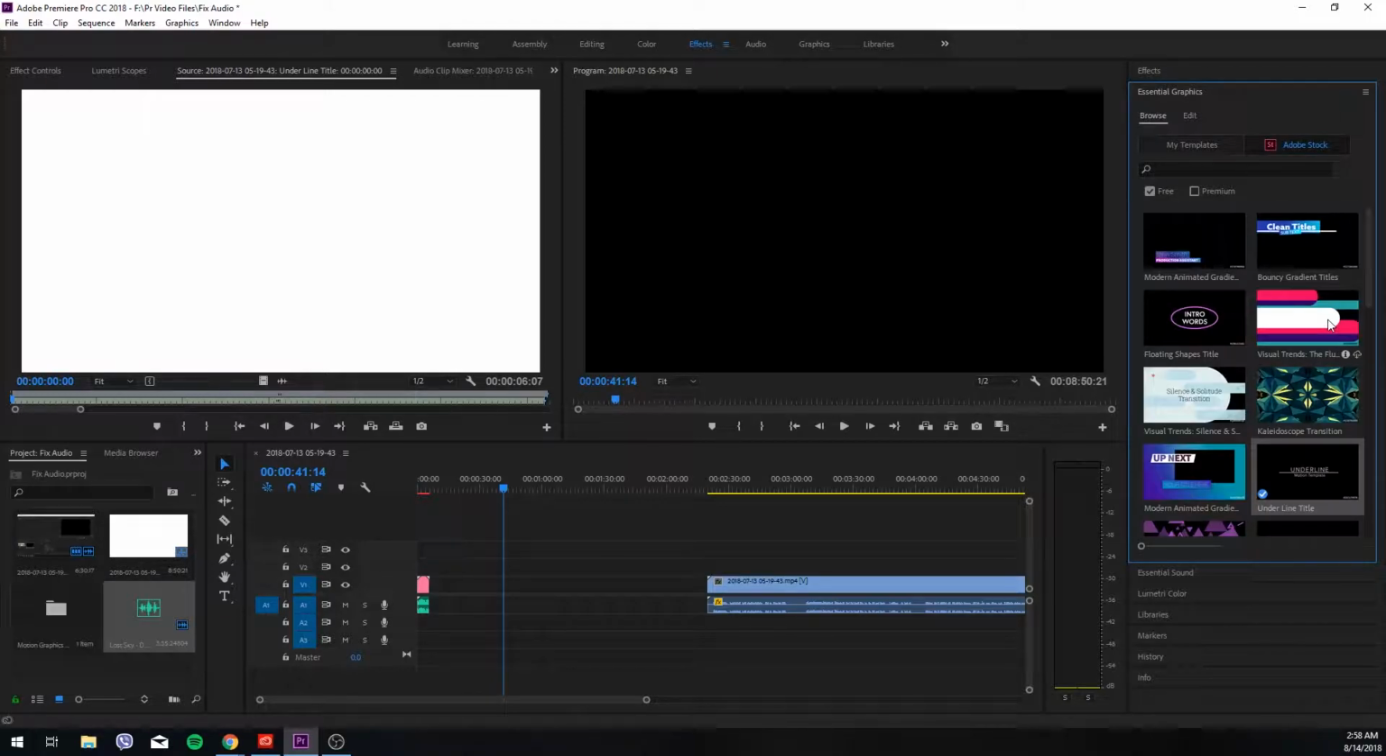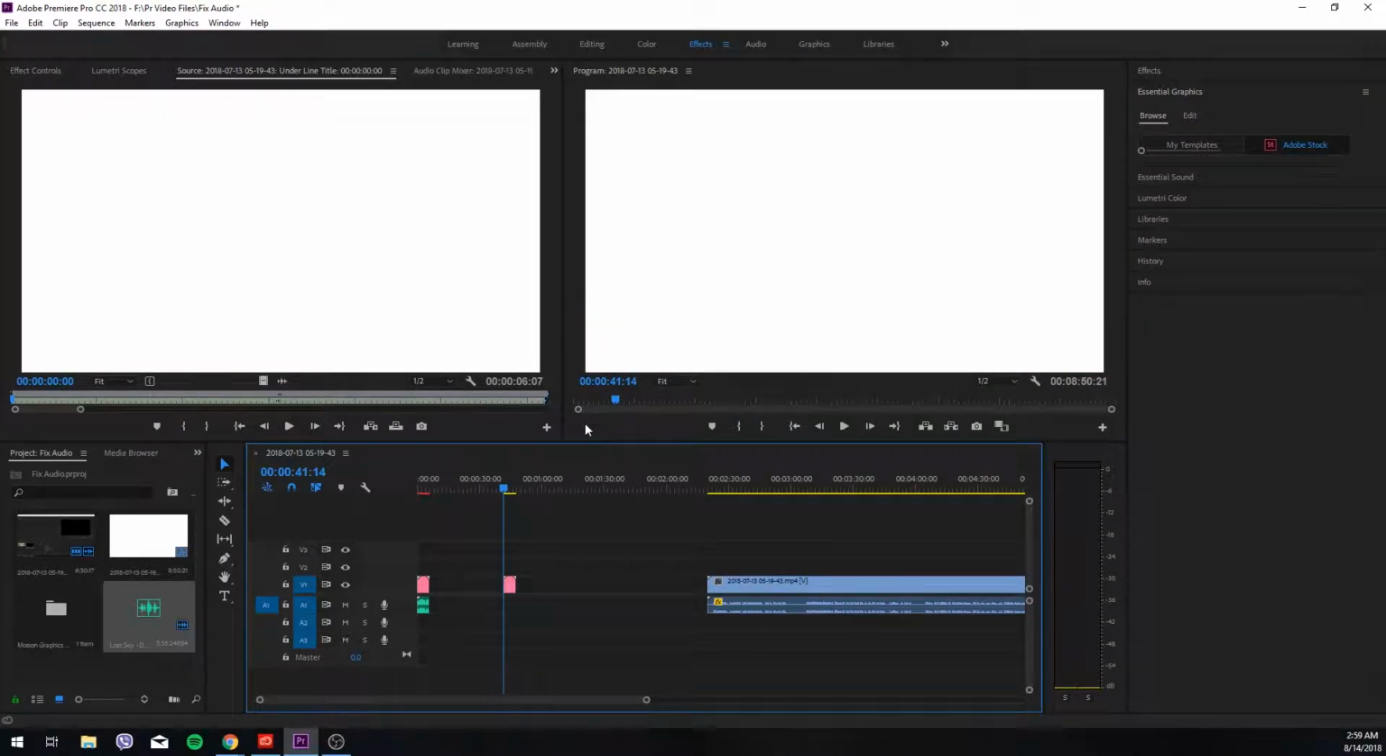Try to find the one that I use there. The one that I use is Underline Title. If you highlight it there, it will give you an option to download it. You can go ahead and download that there and you drag it onto your timeline. Once it's on your timeline,